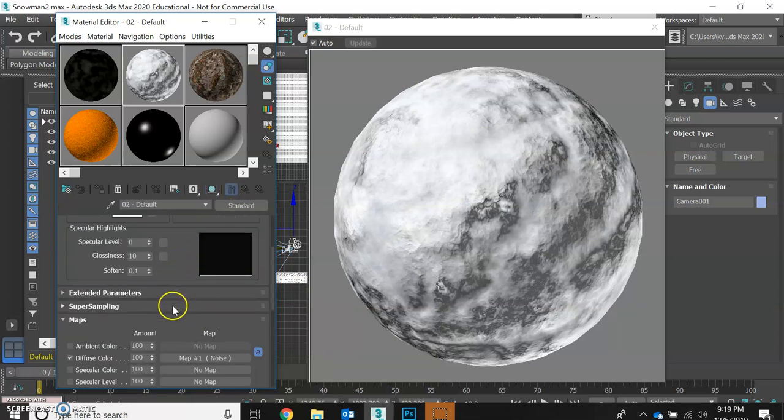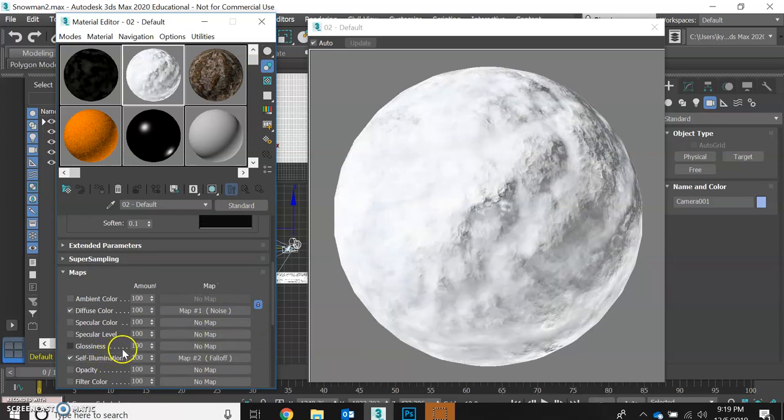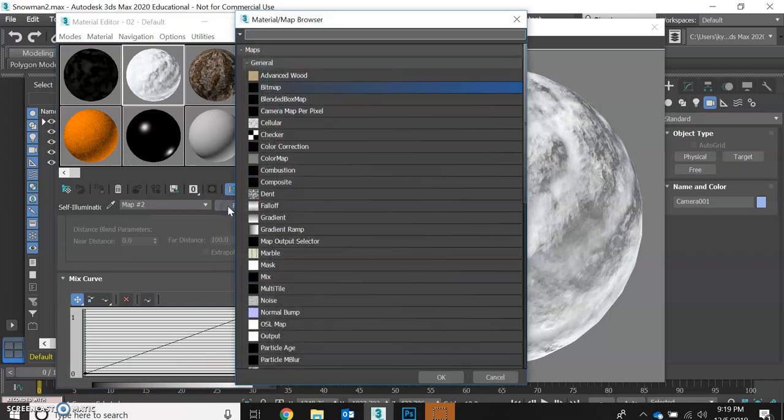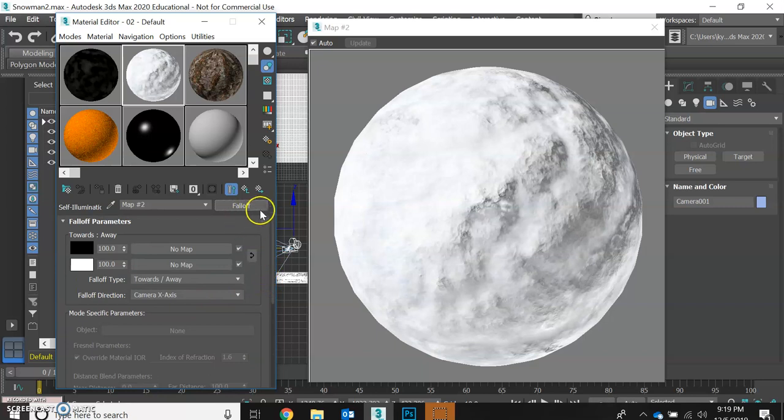Last but not least, we're going to take a look at the self-illumination. For snow, I like to use a map called Fall Off, and it's one of our options in our maps area. When we put Fall Off into our slot, it creates a kind of gradient of self-illumination. There's actually a lot of different ways that we can have this effect happen, based on whether you're looking at the object